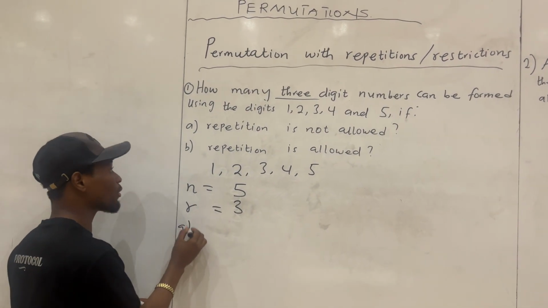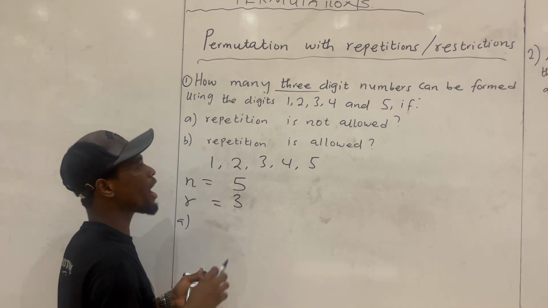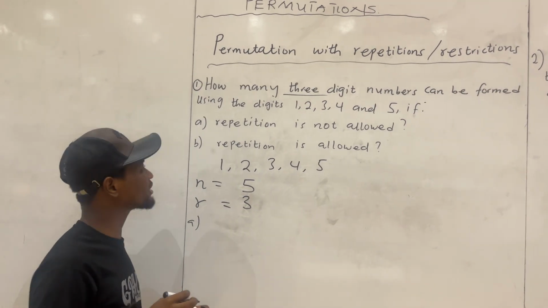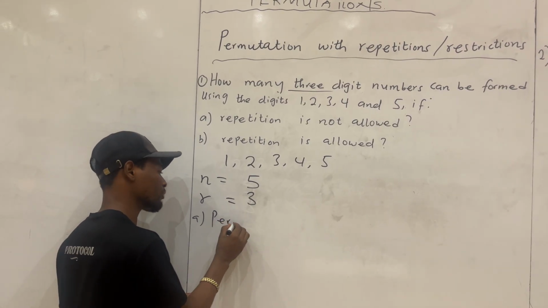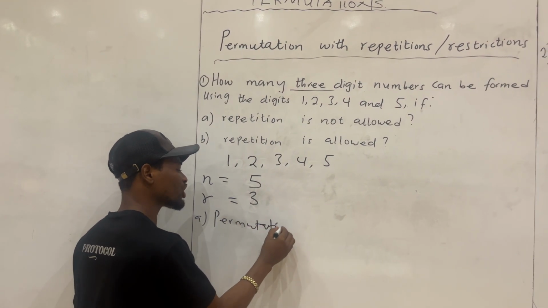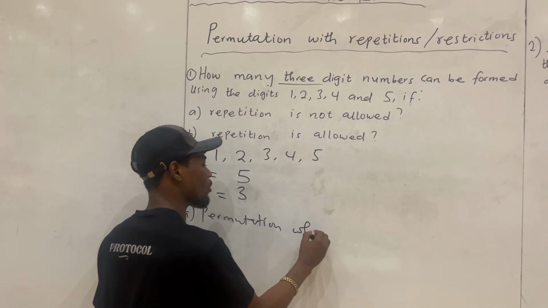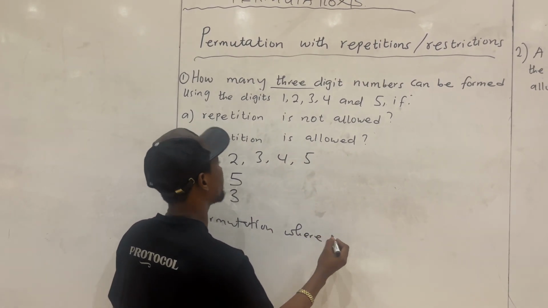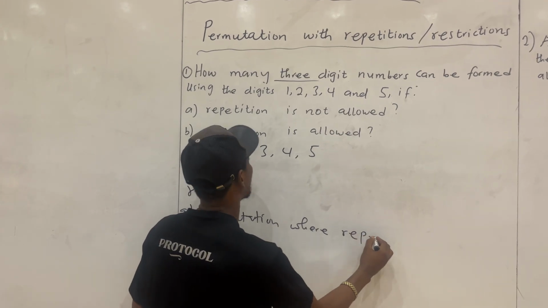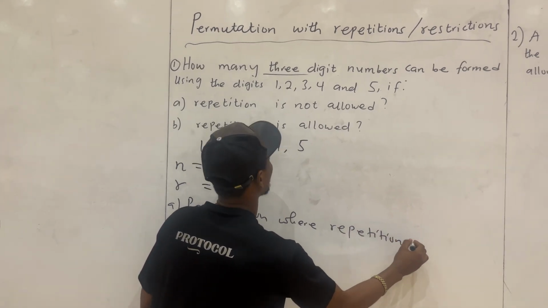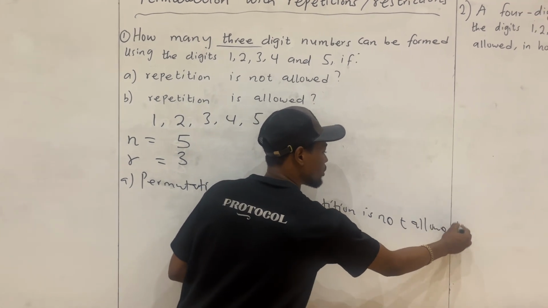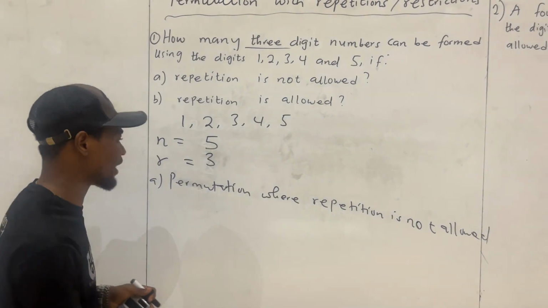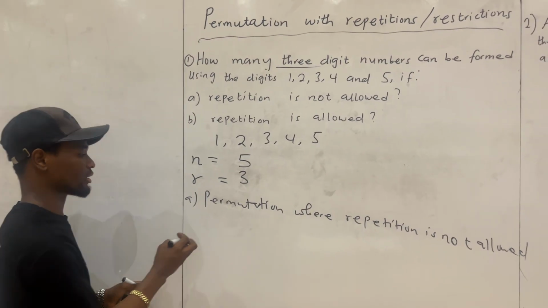So here we have permutation where repetition is not allowed, which means permutation where restriction or repetition is not allowed. It is given by the formula